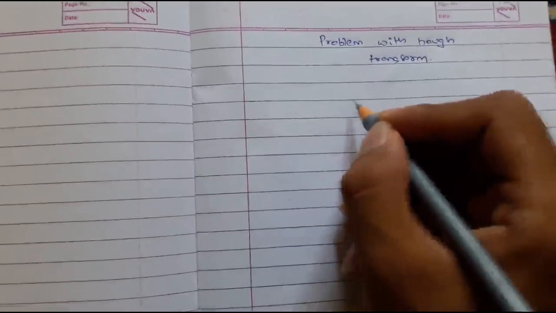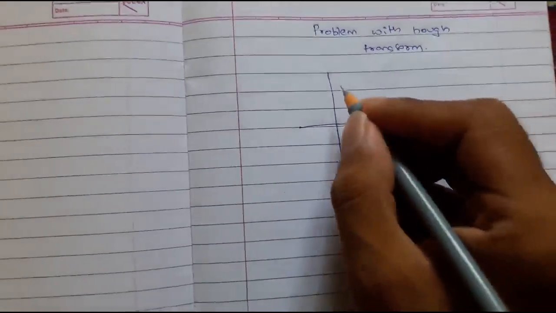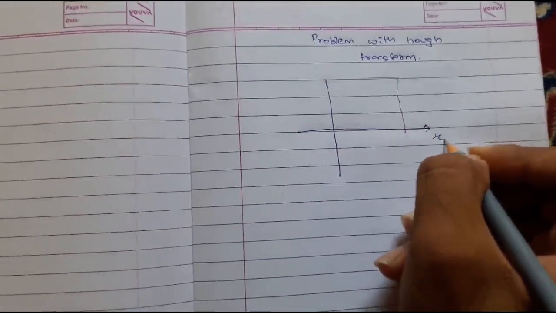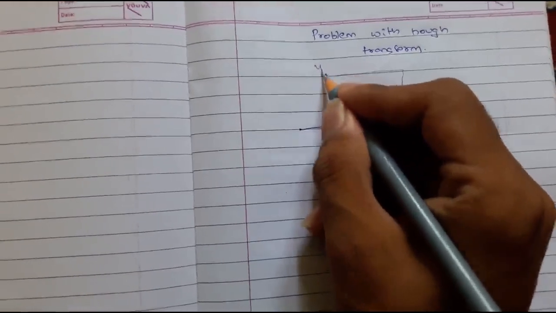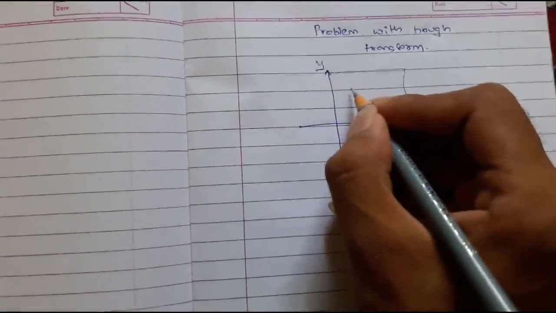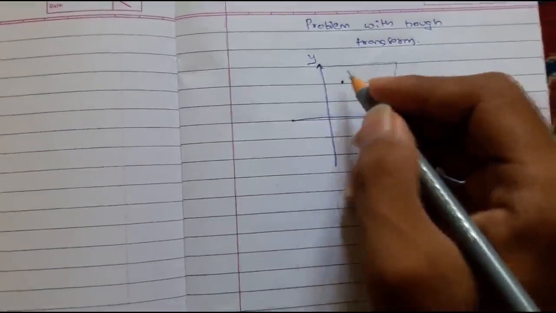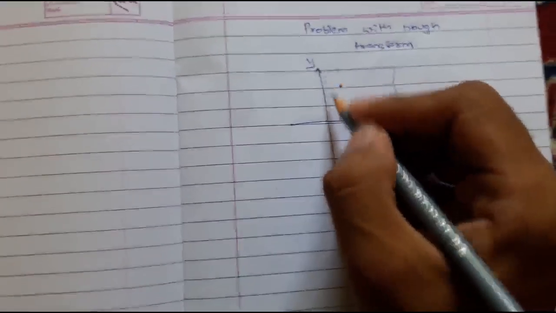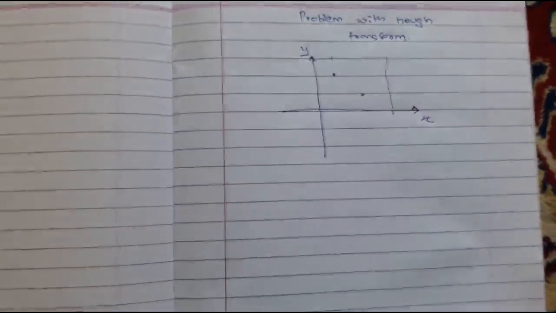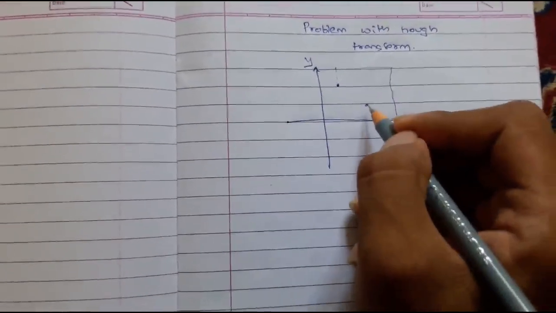linking. So suppose I have kept my image on this coordinate axis. So this is the x-axis and this is the y-axis, and I have kept the image over here, and there are two edges that are detected over here. So what are these edges? These are basically the pixel values. So there are these pixels spread out in the image, and suppose there is this edge and this edge that